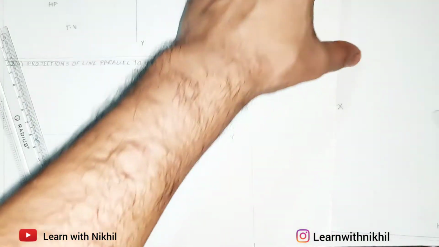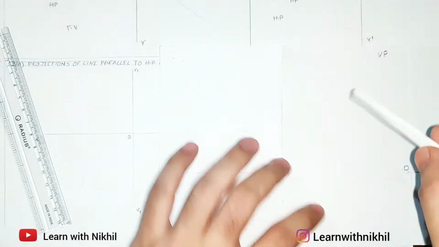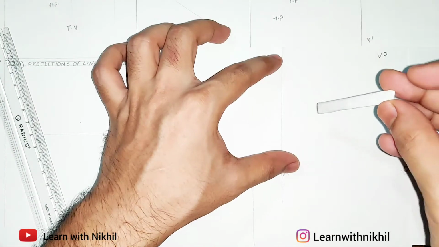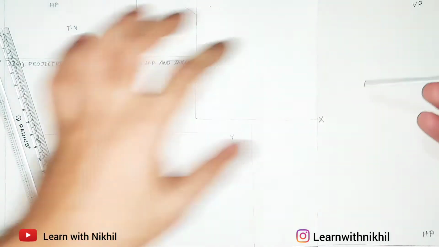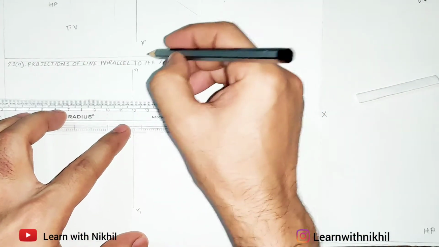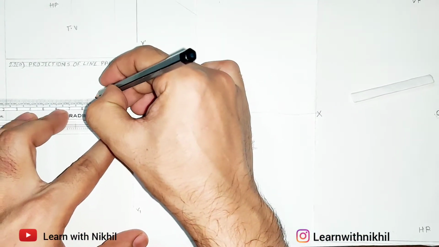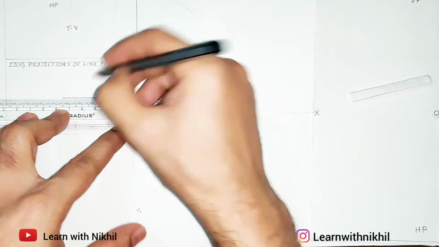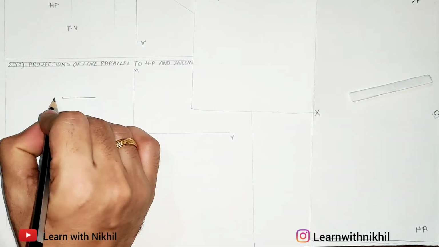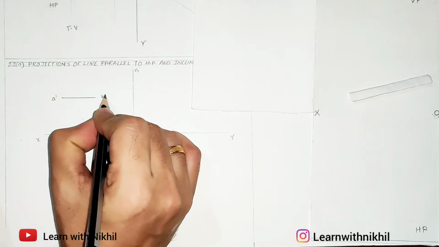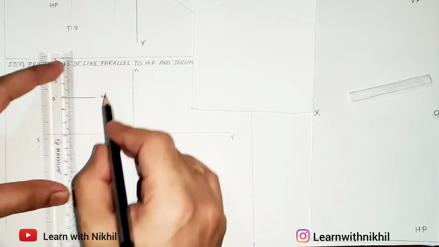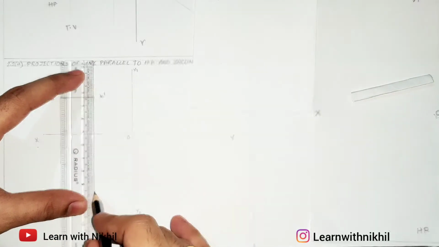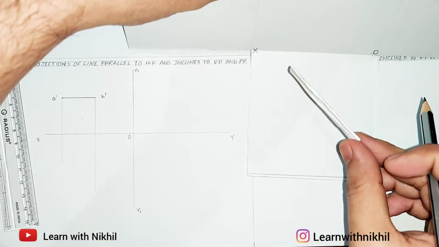So now as you know, line is parallel to the horizontal plane and inclined to the vertical plane. So line will look like this. From the front view, a horizontal straight line. So this will be the line. Its thickness will not be the exact as it is inclined. So it will be less than its actual width. Now taking the projections to the top view. Now in the top view, the line will look like this.